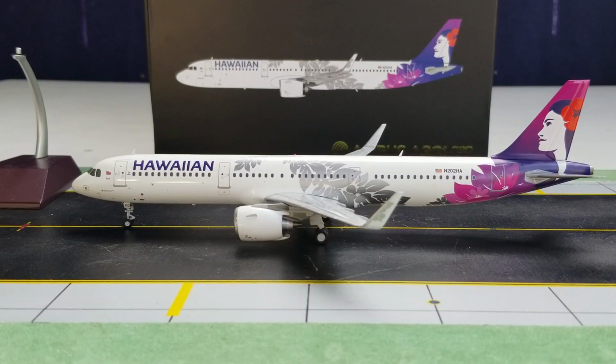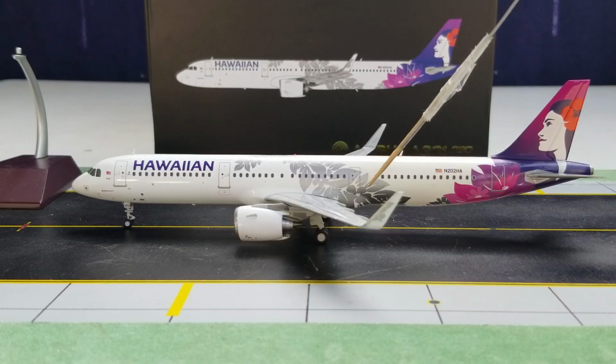Alright, let's talk about the seating configuration on this aircraft. The Hawaiian Airlines Airbus A321NEO new engine option aircraft seats 189 passengers in a 3-class configured cabin layout. Here's the breakdown, everyone. You have 16 first-class seats in rows 1 to 4, which will be from here to about right here. You have 45 comfort extra class seats in rows 11 to 17, 33 to 35, which will be from here and here. You have 128 economy class seats in rows 15, 18 to 27, and 36 to 46, which will be from here all the way back to the rear of the aircraft, which brings the total to 189 seats. And finally,